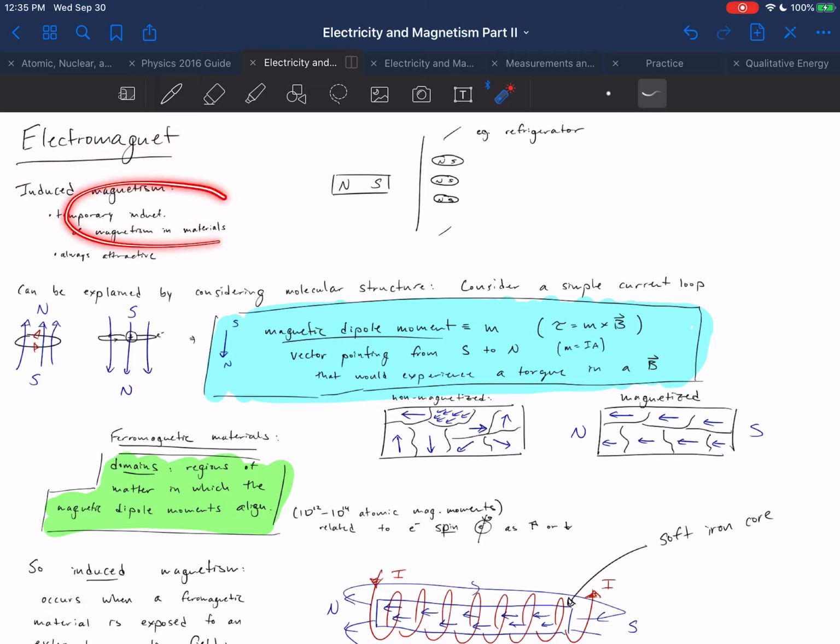This is temporarily induced magnetism in particular kinds of materials, known as ferromagnetic materials. This induced magnetism is always attractive. So the classic example is a magnet brought close to a refrigerator or some other piece of iron, or nickel or cobalt. And the result of this is that as that magnet is brought close, you can think of the